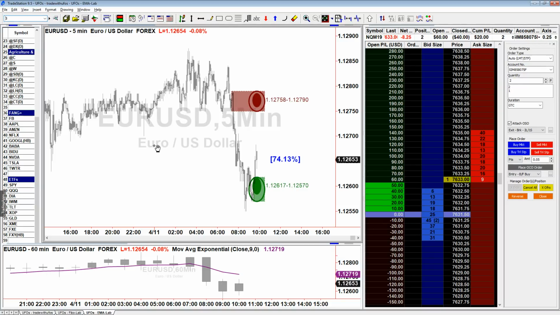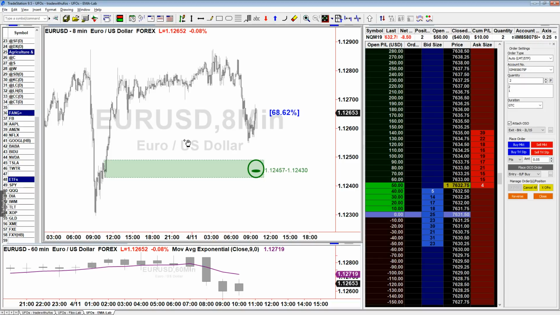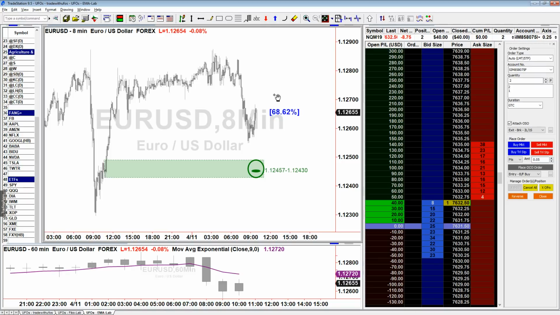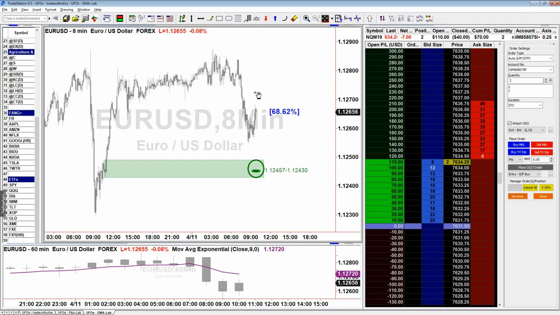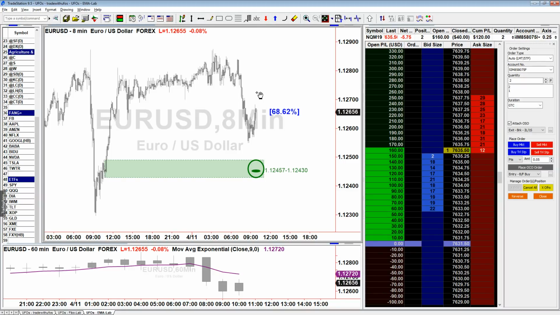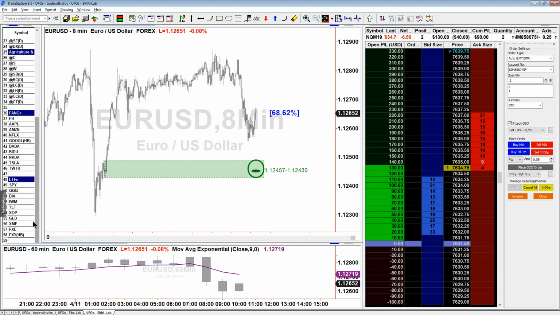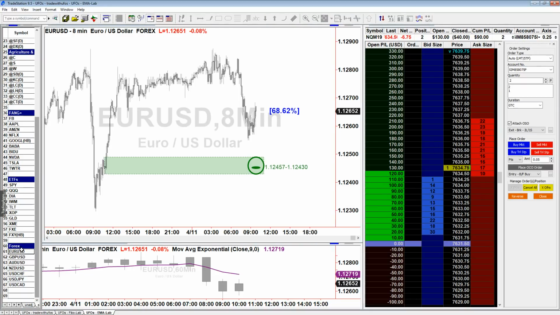But what I'm going to do is something quite different: I am using the 8-minute time frame, which is my edge time frame. And notice how I don't seem to have anything around 112.71, 112.72. So we don't have anything to do here with this particular trade with the euro, and therefore we're going to move to the next currency, which is the Great British Pound.